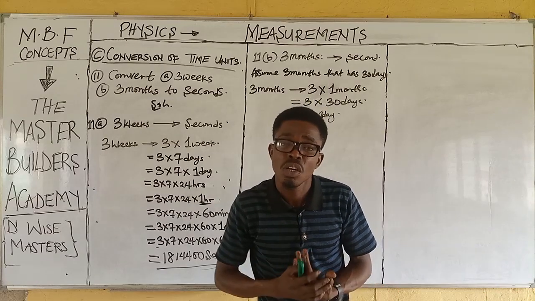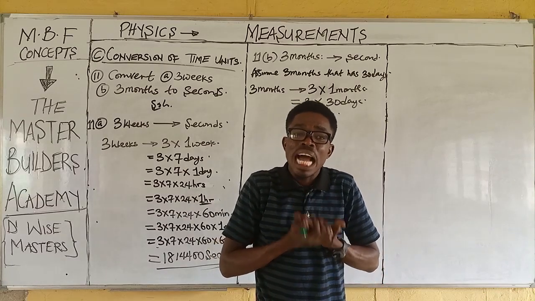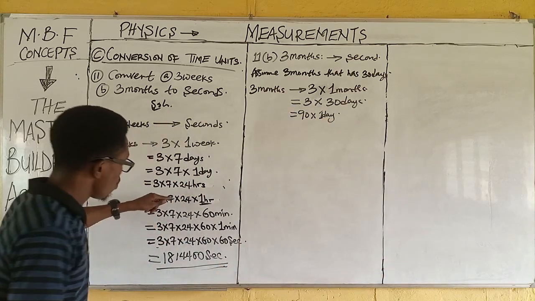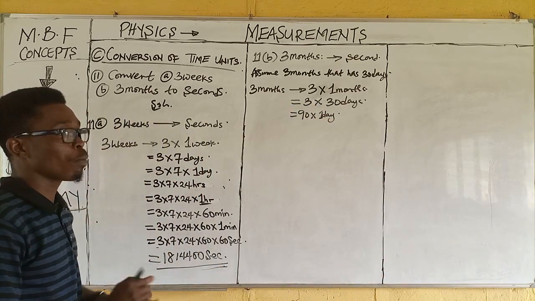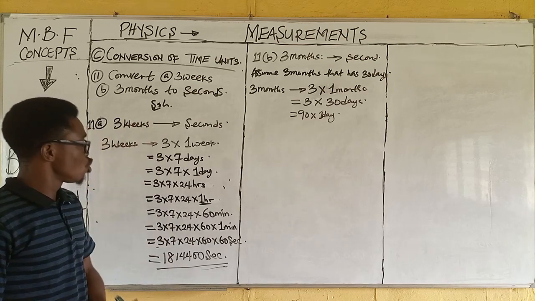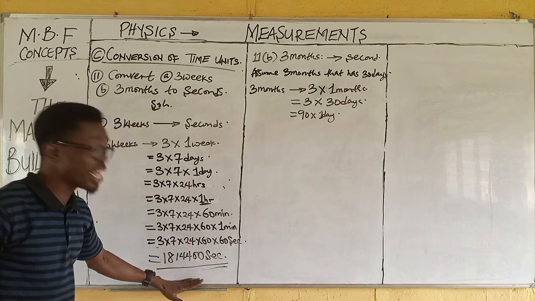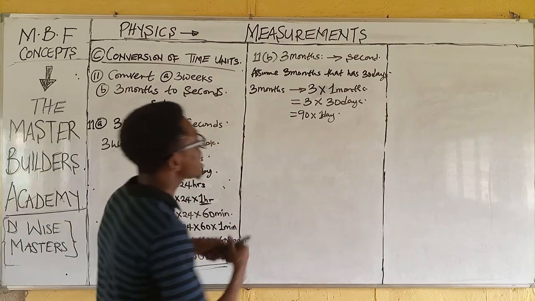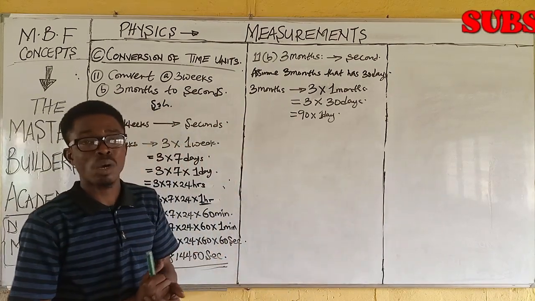86,400 seconds. You can decide to make use of that, or you can decide to break it down the same way we break this one down. But I don't want to break it down because I already assume that you understand what we have done so far here. Because this is online, so we want to shorten the time. Then you already know that 1 day is equivalent to